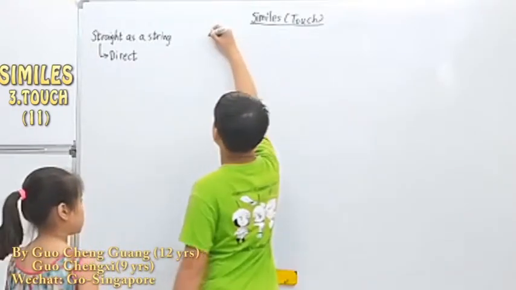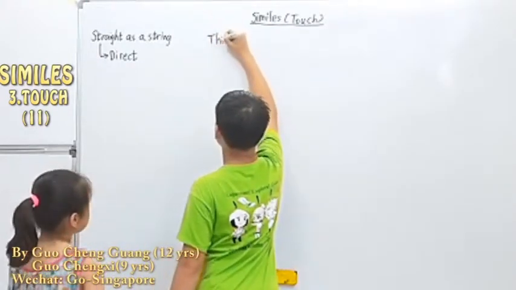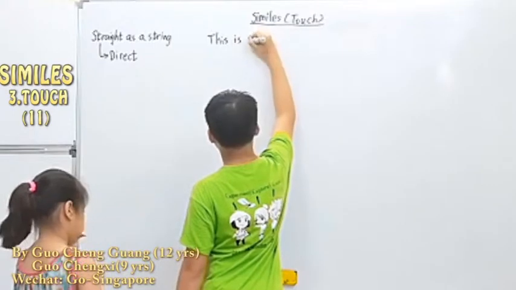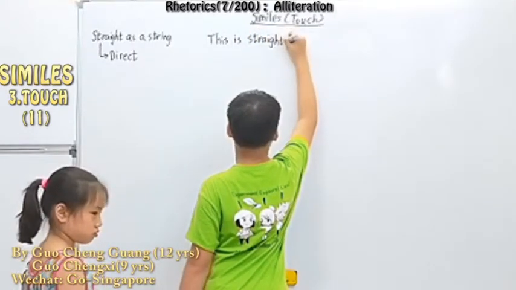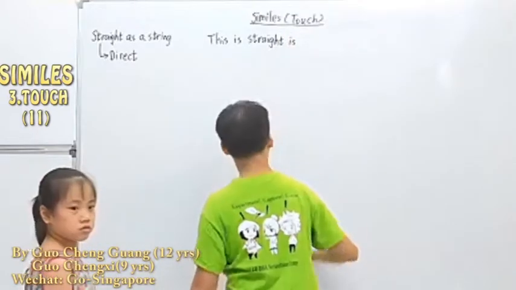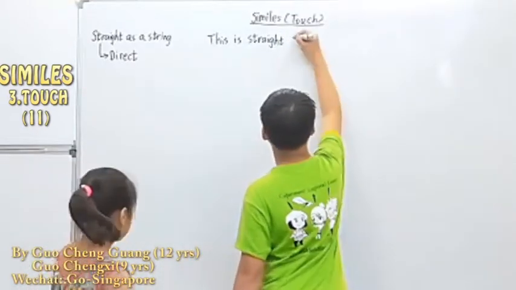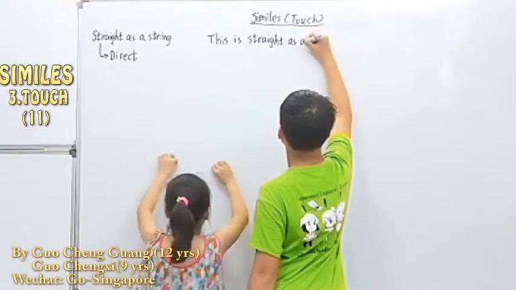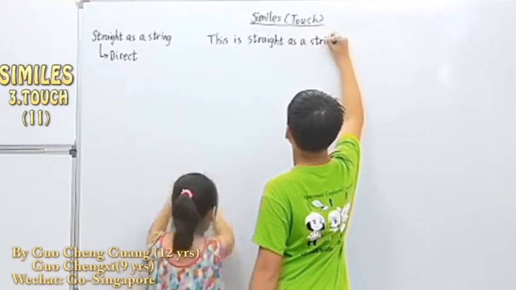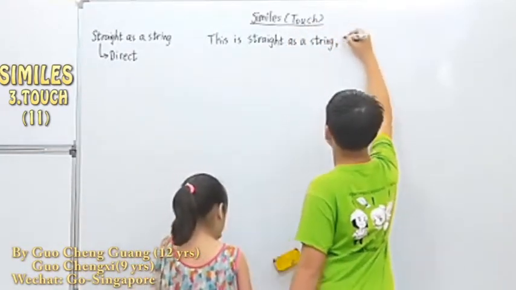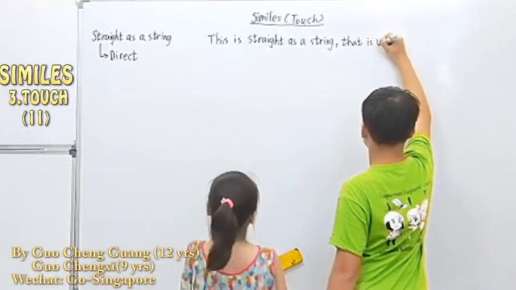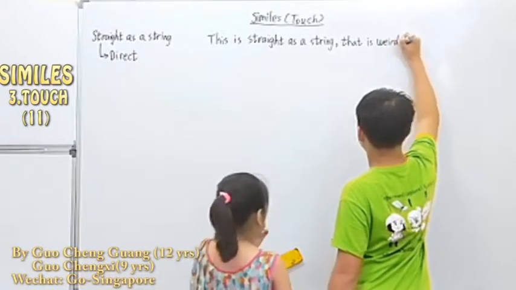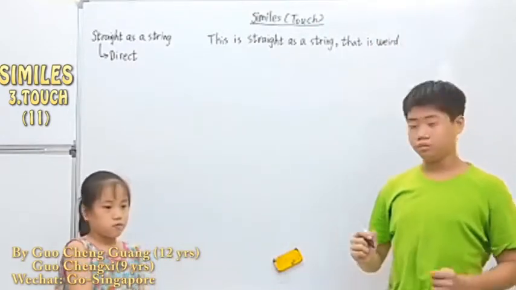That's weird. This is straight as a string. They were saying that's weird. Because, you know, a lot of things, most possibly, they're just very smart than most of them. That is weird. Because you can also say that it is odd.